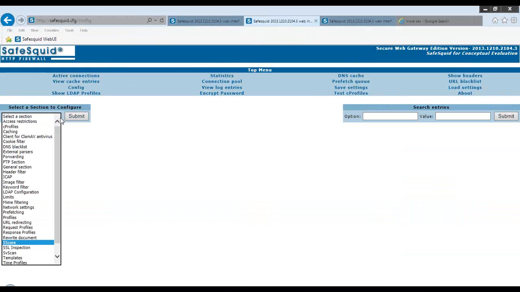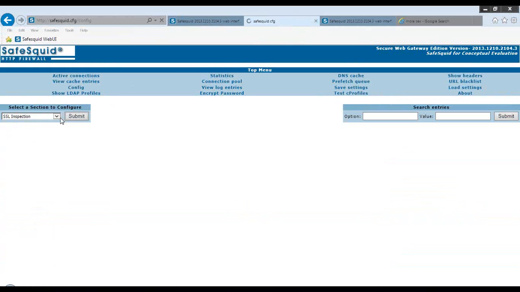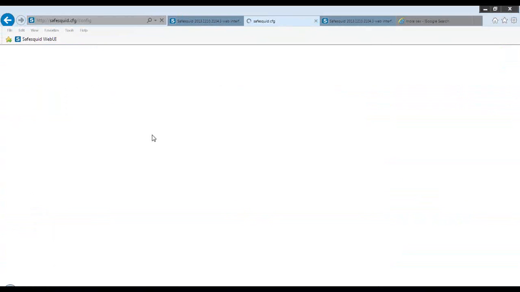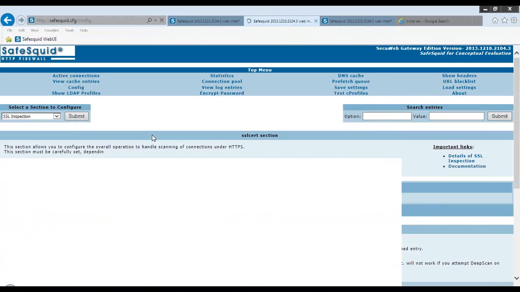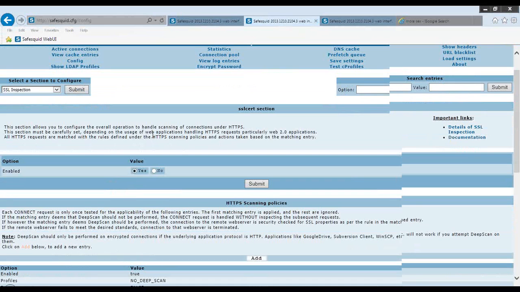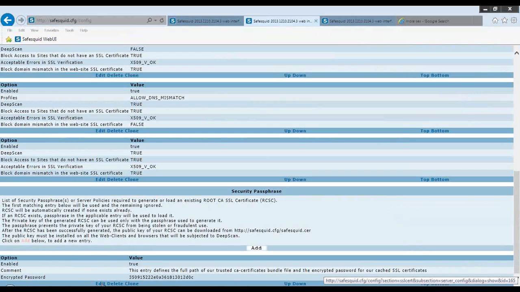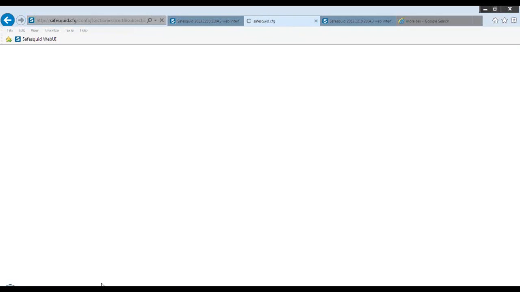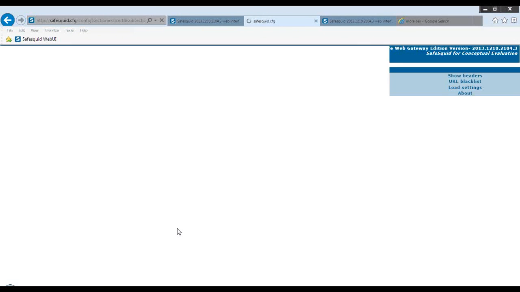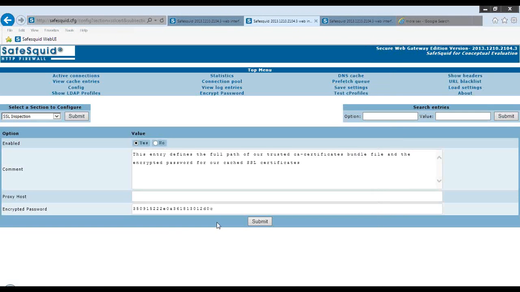To generate your root SSL certificates, what you need to supply to SafeSquid is a passphrase, because SafeSquid is going to generate a root CA certificate for itself, and using this root CA certificate, it will be generating all new SSL certificates which will be issued for all websites that you are going to visit. Now, the password protected SSL certificate